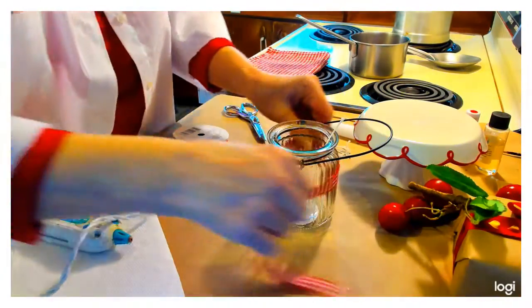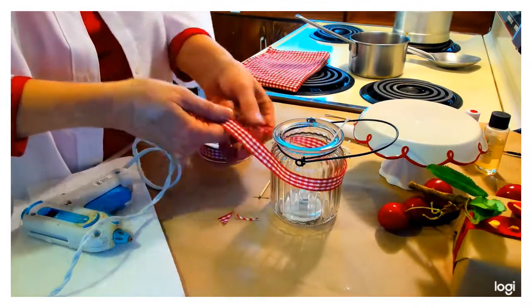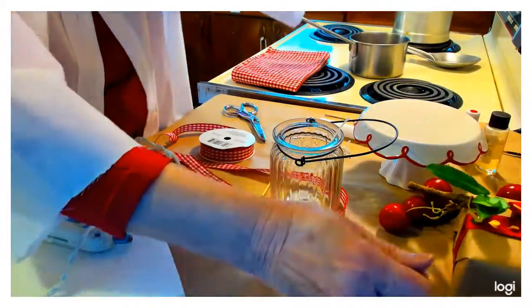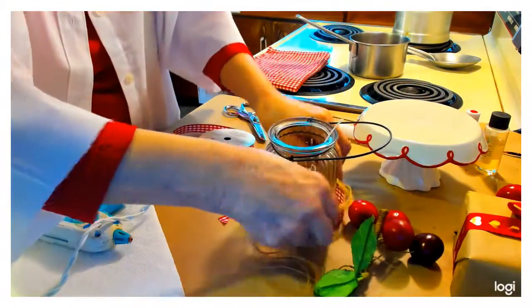And wrap it around here. I'm going to make a bow, I think. Maybe, you know what, I'm not sure. But I do like this also. All this is, and the ribbon's from the Dollar Tree, but all this is just